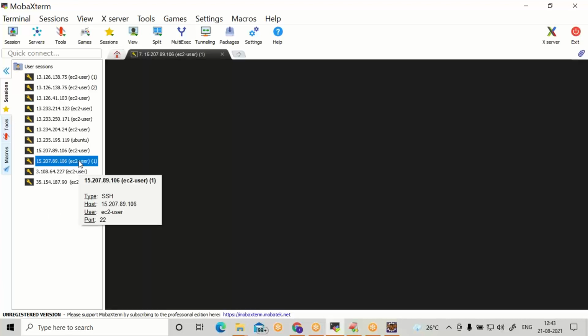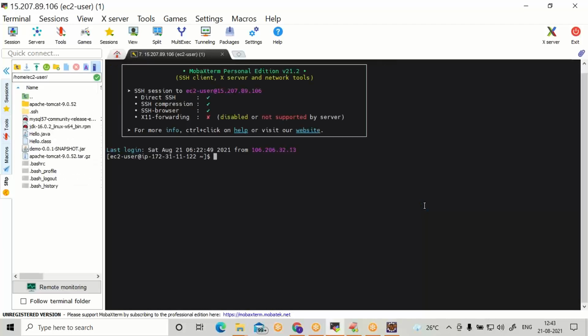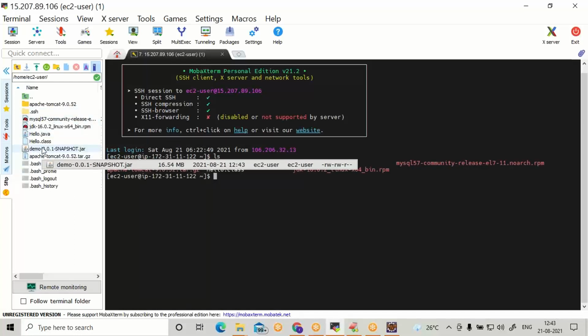Double click on this connection. Now you can see ls. You can also see on the left side the demo snapshot jar file, demo jar file. This we have to run, but before running,